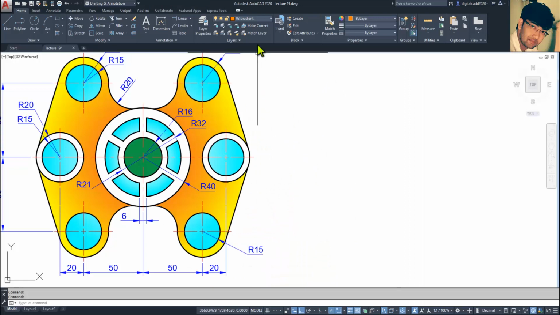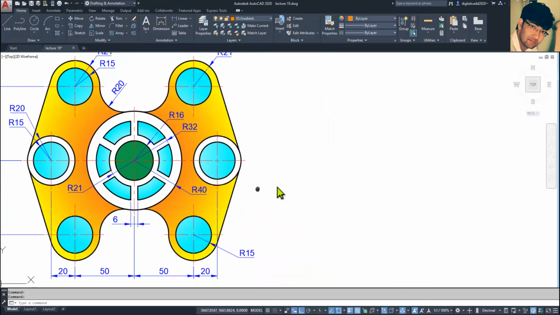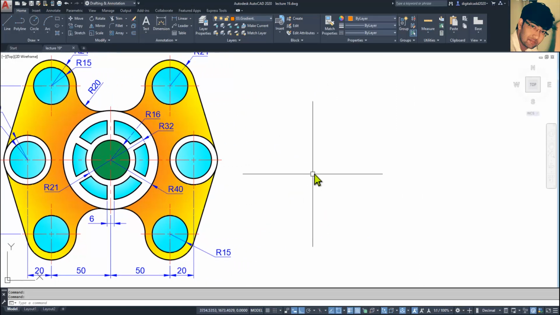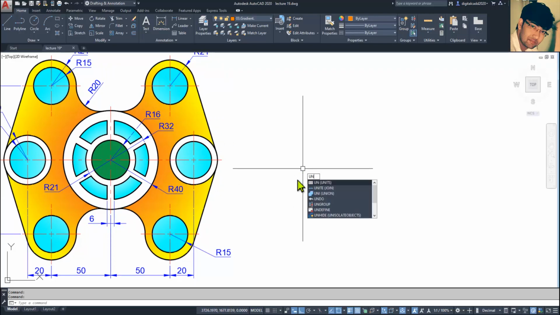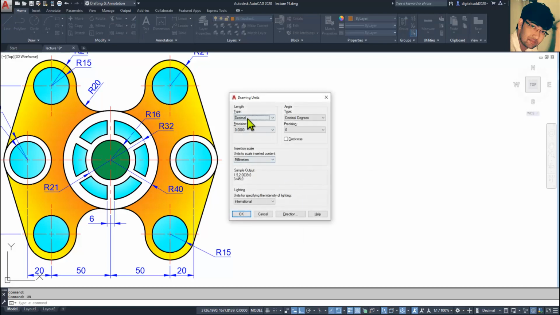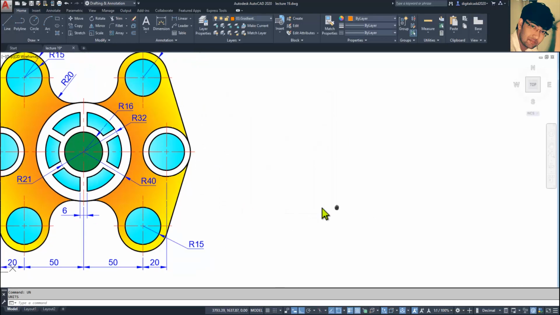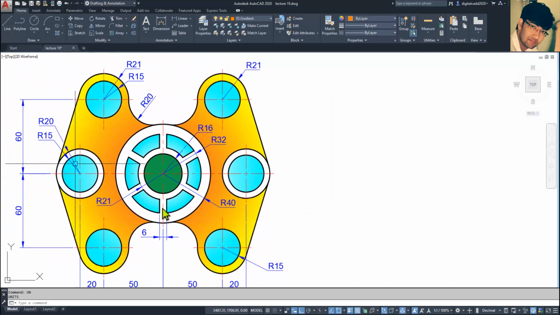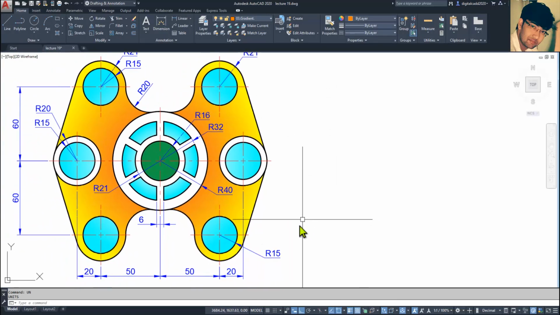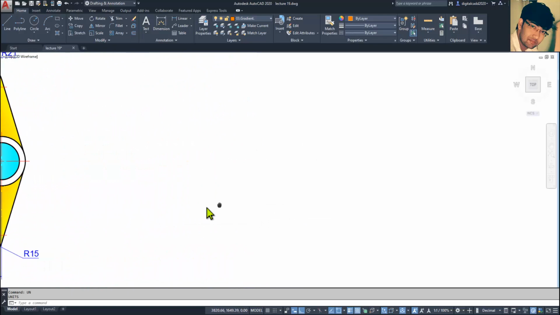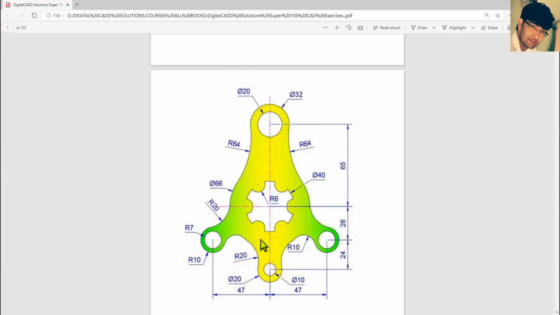You know that we have already set the template and unit tab, and you can check by pressing U and Enter. Here you can type directly from your keyboard. The length is selected by decimal, precision is 0.02, and unit type is millimeters. We created the previous drawing in our previous lecture. Now in this session we will create this one.